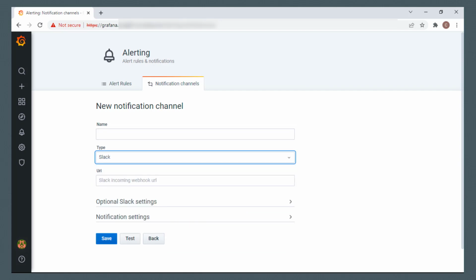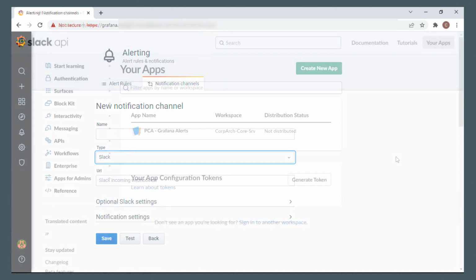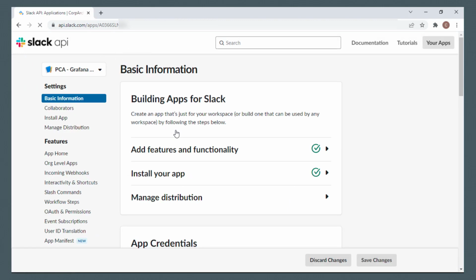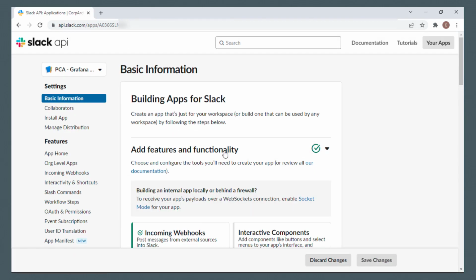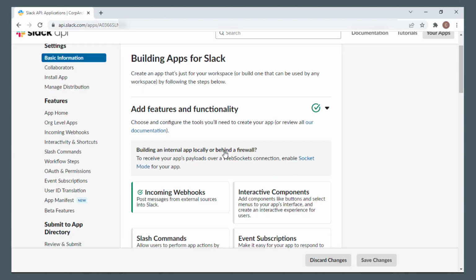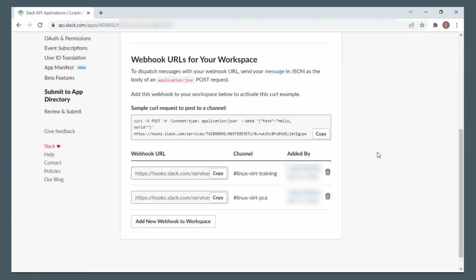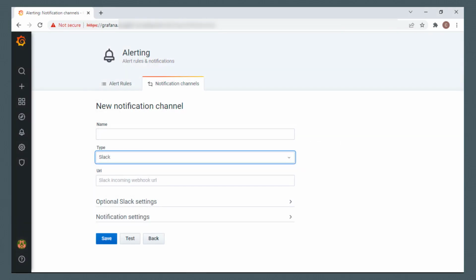This is beyond the scope of this video, but you need to create a Slack app which provides the webhook. I've created a Slack app named PCA-Grafana Alerts. Once I installed my app, I can get the webhook by clicking Add Features and Functionality and then clicking Incoming Webhooks. I've actually created webhooks for 2 Slack channels, but the one I'm using in this demonstration is named Linux-Vert-PCA. I can copy the webhook URL from here and paste it into my Grafana URL field for the Slack